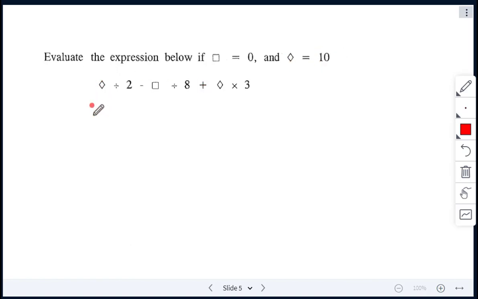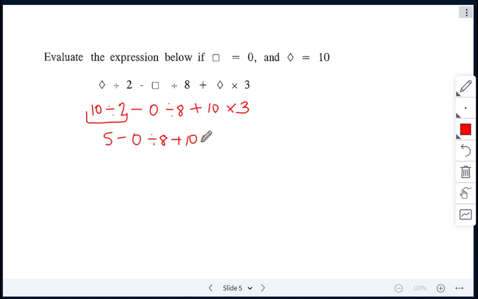So here's our diamond. So we have 10 divided by 2 minus a square. Our square is 0. Then we have divided by 8. Then we have plus diamond, which is 10, and then times 3. All right, so let's go through this. So left to right, I have division. So I've got to do my division first. So 10 divided by 2 is 5. And then I have minus 0 divided by 8